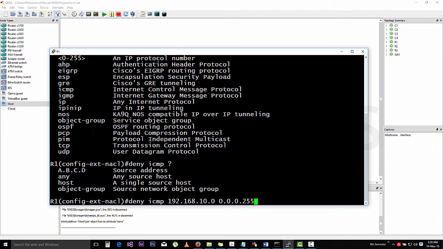This is going to block this whole network with this wildcard mask. If I say 192.168.10.2 and I will say 0.0.0.0, this is going to block this host specifically, but not the other hosts. 10.1 will be allowed, 10.3 will be allowed, only 10.2 will be blocked because the wildcard is 0.0.0.0. So if you want to block a specific host, you can give the specific host address with wildcard mask 0.0.0.0,